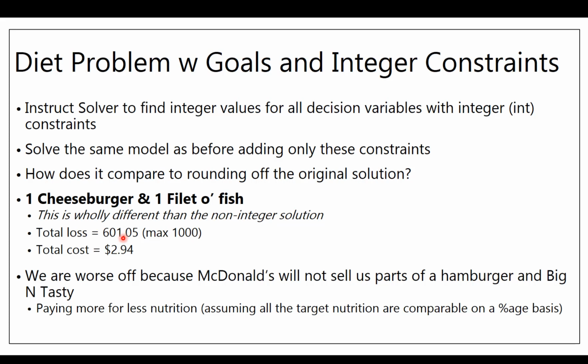because being forced to choose from integers is a reduction in the available choices, and the cost went up to $294. We're worse off because McDonald's will not sell us parts of hamburgers and Big and Tasties. That just makes sense. We're paying more for less nutrition, because we're measuring nutrition now as the distance from our targets. So we have